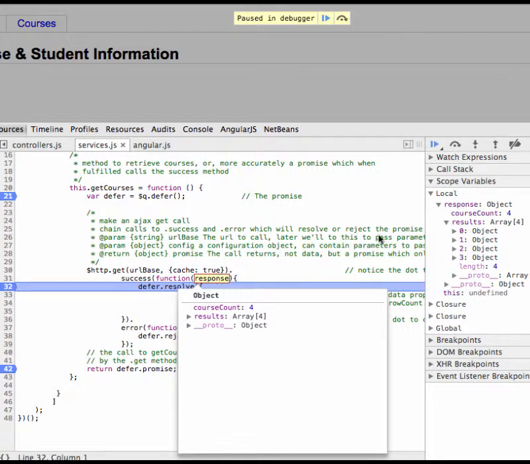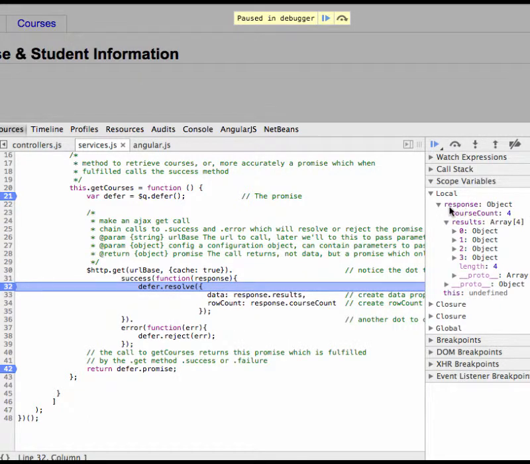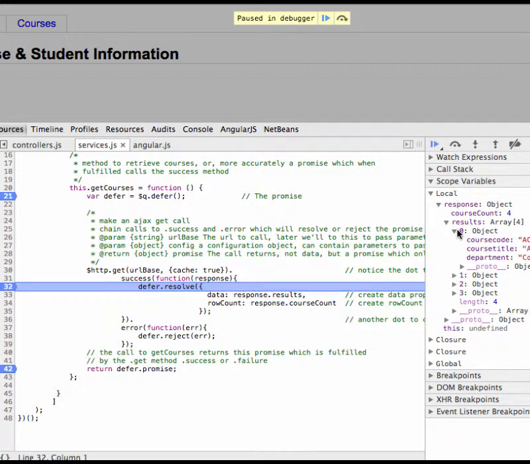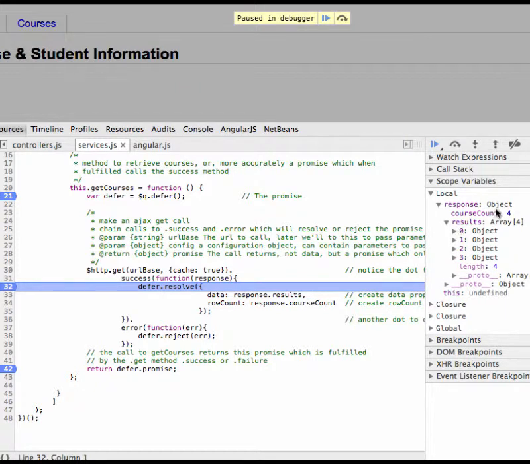And that, in fact, I think I've got the response object showing here. So there, look, in that response object is a property called course count, which equals 4, and a set of results. And if we look at each of those results, then they're the course code. Now, where does that come from? Well, in actual fact, if I just go off screen and open another tab, we'll see that what that is